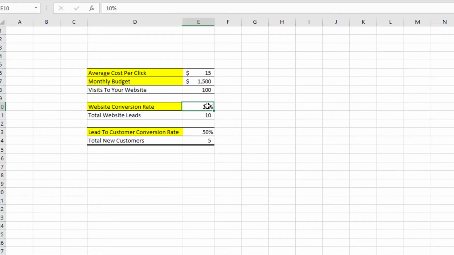Our website conversion rate, we said, was somewhere, for retail services, between 10 to 20%. At 10%, we would get 2 new website leads. And if we convert 50% of those, which is another estimation based on my experience, kind of on the lower end, if you're able to convert 50% of those, you get 5 new customers.